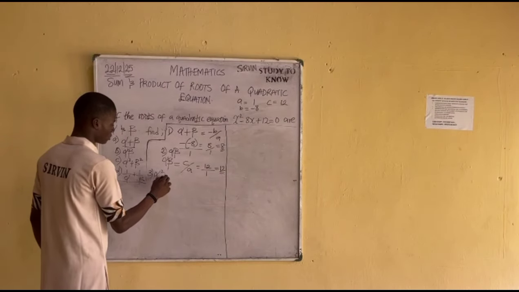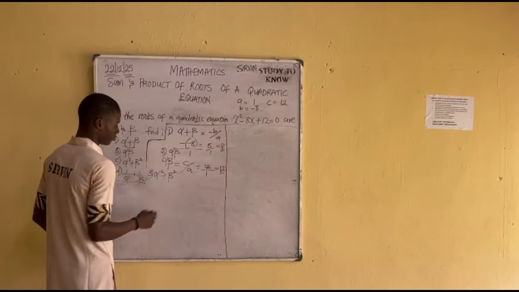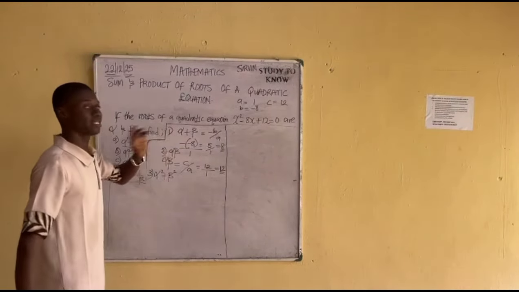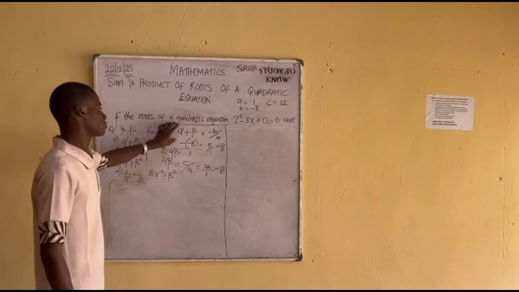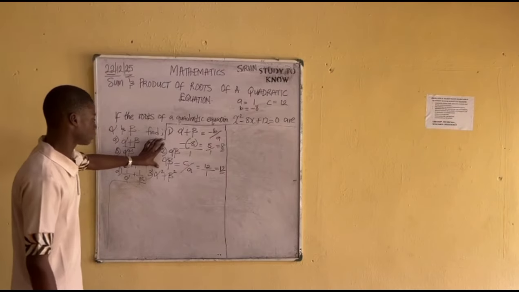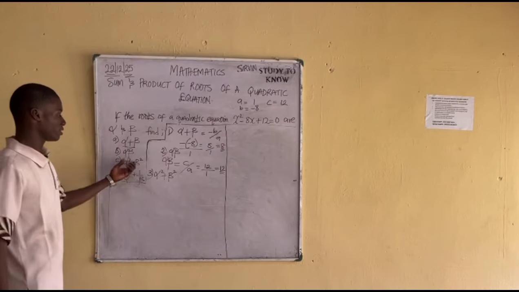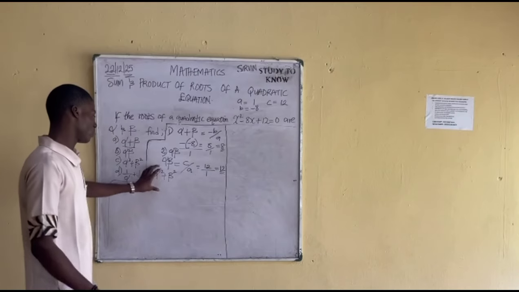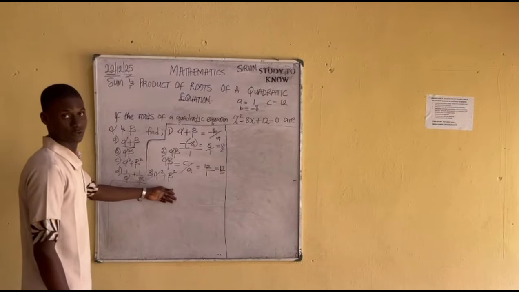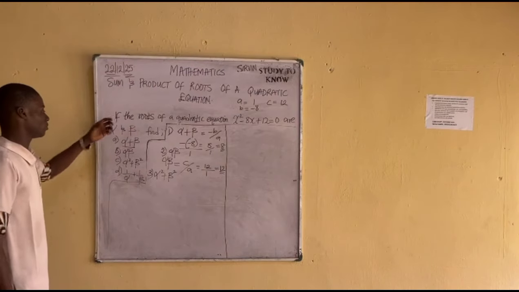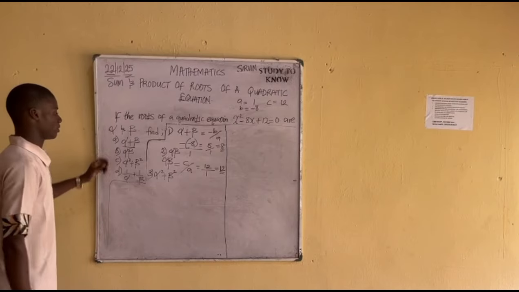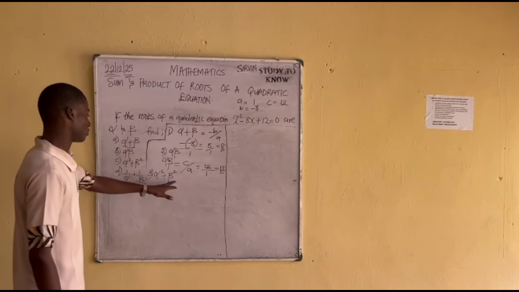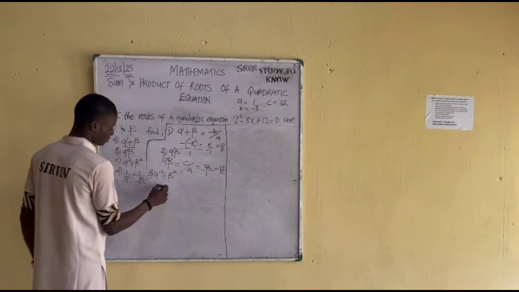The third one, alpha squared plus beta squared. Anytime we are given a question that does not straightforwardly ask you for the sum of roots or the product of roots, what they are simply telling you is that you should look for a way to either expand or rearrange the expression they give you to have either the sum of roots, the product of roots, or both of them. Understand? So this is what they give: alpha squared plus beta squared. So I now say that this is equal to